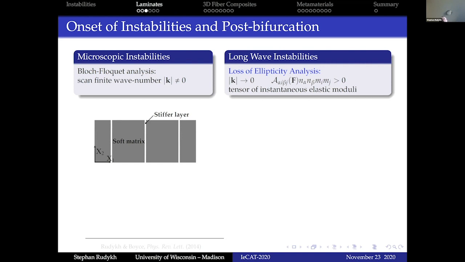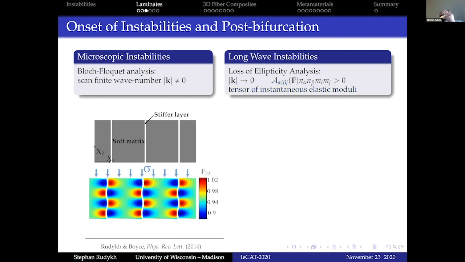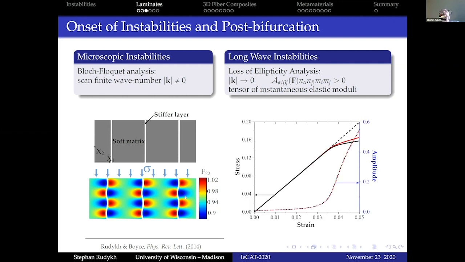And as a limiting case of that, you can look into the homogenized response of the material and its effective properties. What is called long wave type of instability can be detected relatively easily if you know the effective moduli of this material, which can be composed into this tensor of elastic moduli. In this way, you get the information about what happens at the initiation of instability, and then you can go into the post-buckling regime and give this information to, say, finite element analysis, typically used for that,